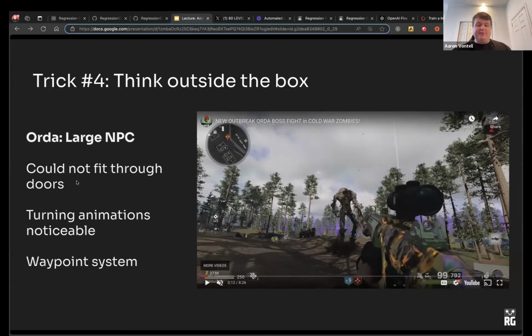And so they had to come up with a bunch of interesting AI animation approaches and different pathfinding approaches for getting this NPC to work. I don't know, it's a very cool talk about how they thought outside the box a little bit about how to re-implement some of these systems to work for some unique NPC that they wanted to implement. So